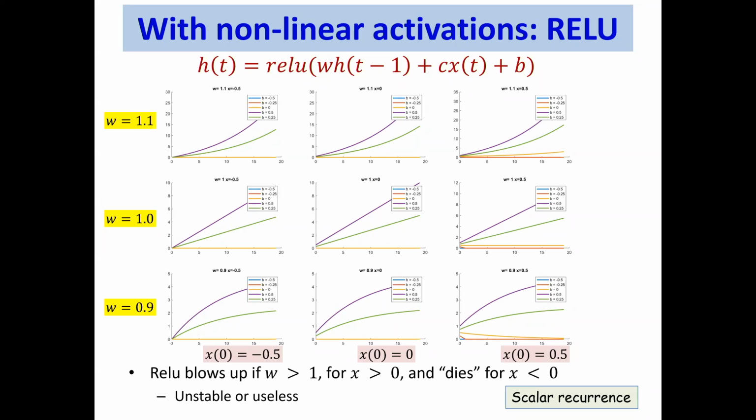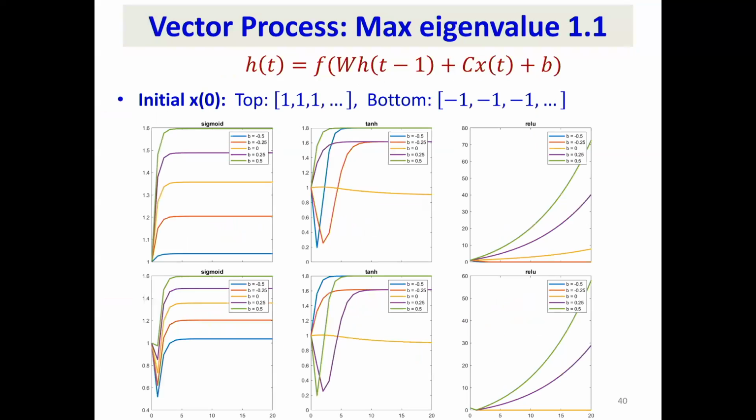And if it's not blowing up, where it ends up is going to depend only on the parameters of the affine values. It doesn't depend on the input X, right? So these things don't really have very good memory. But this was for scalars, right? Let's do the same thing with vectors. Here, I have the same kind of recursion.